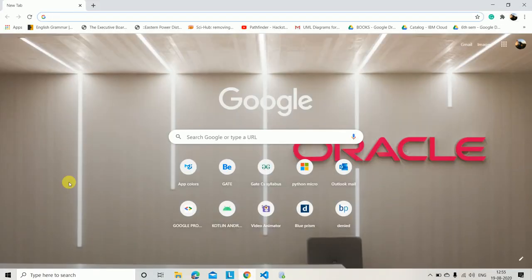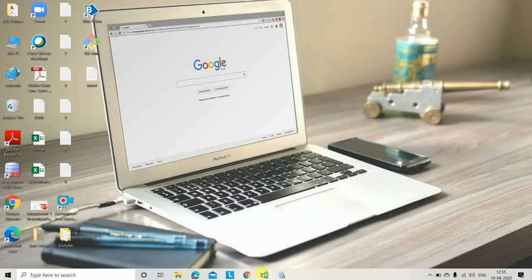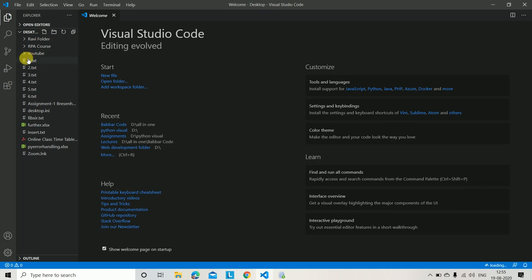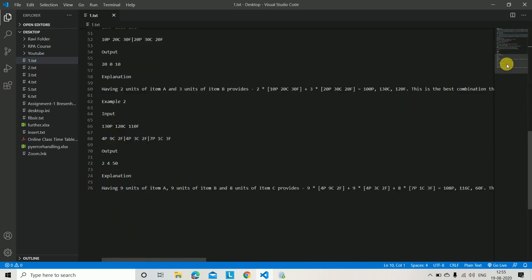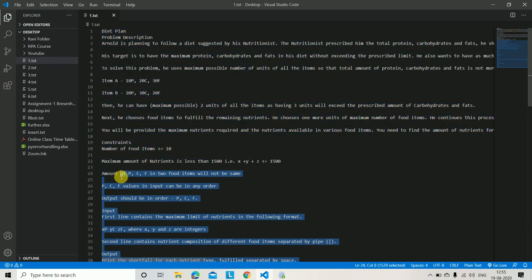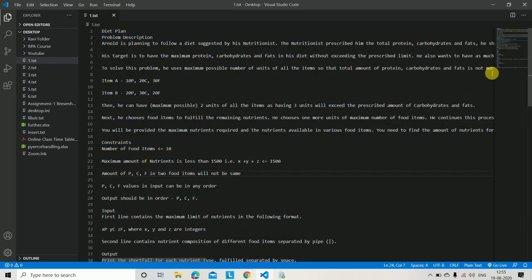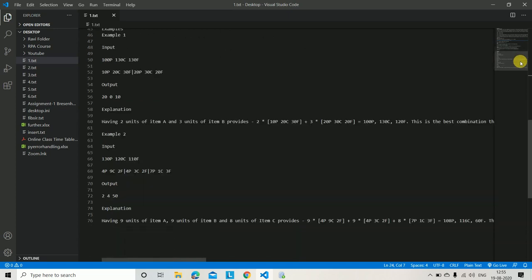For example, assume that this is my code. I want to execute everything from starting to ending, even if there is an error. At last, it should show me an error message that you have written an error. So that is known as a compiler.